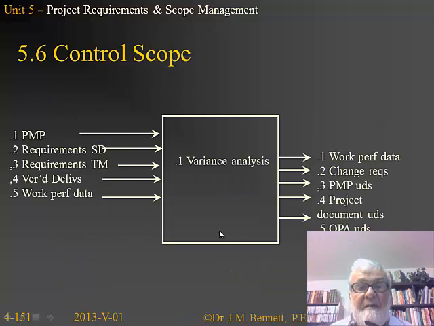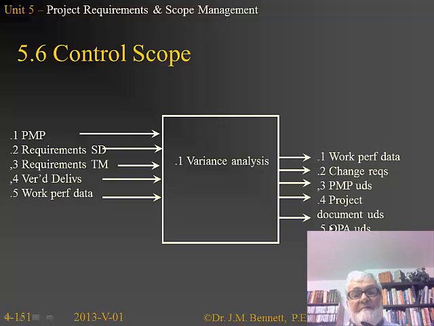So what we do here then, the inputs to control scope: project management plan, the requirements, the specification document, traceability matrix, verified deliverables, etc. Then we do a variance analysis to say, do we have to get back on track again? If we do, we're going to have change requests coming out at the right-hand end, updates to the project management plan and the other project documents, and also the organizational process assets are going to have to be updated too,